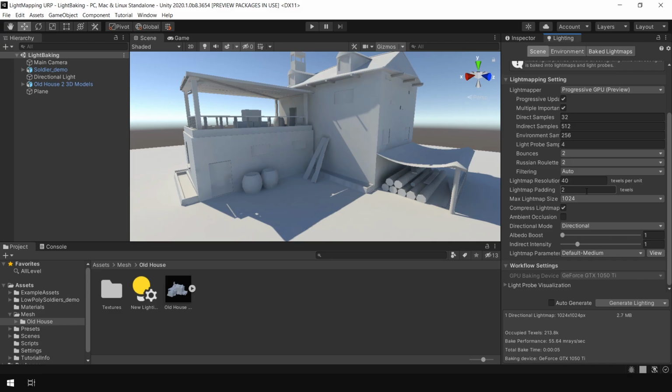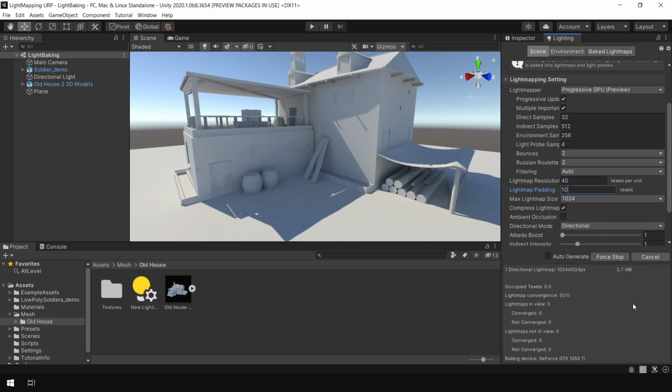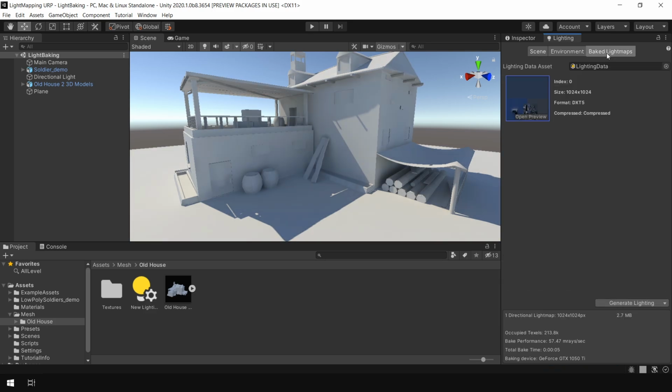And now if I zoom in, here you can see two texel space between these two UV maps. If I go back to my light map parameters and set the space to 10 and generate lighting one more time, and again go to the Bake Light Maps, now you can see we have more space between these two UV maps. This option is very useful to prevent light bleeding from one object to another into your light map.